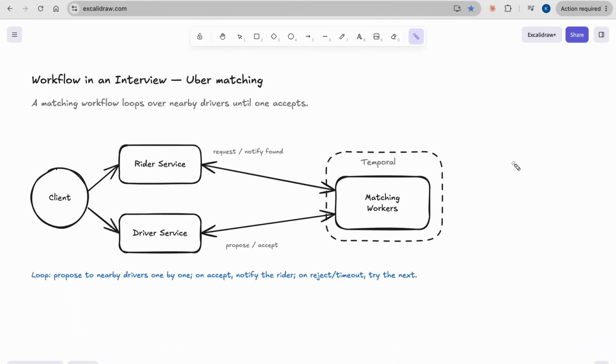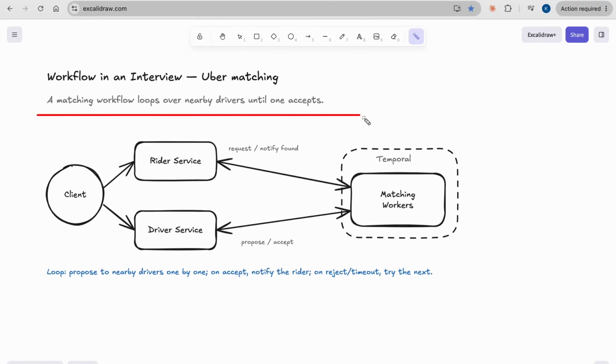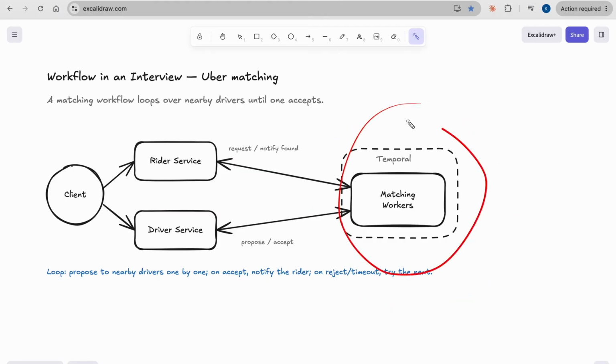Let's see now, for example, a matching workflow, Uber matching. What we do is loop over nearby drivers until one accepts. So we'll have the rider service, the driver service, and here assuming we have the matching workers, it will wait for this driver to accept.